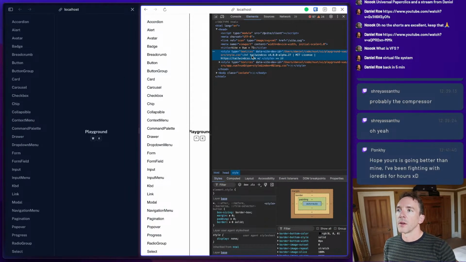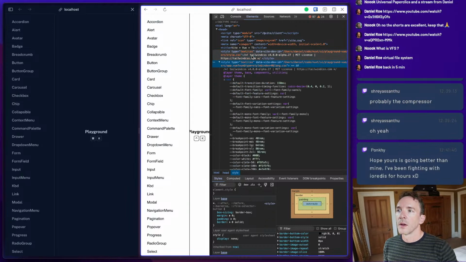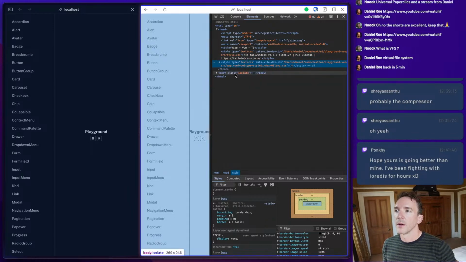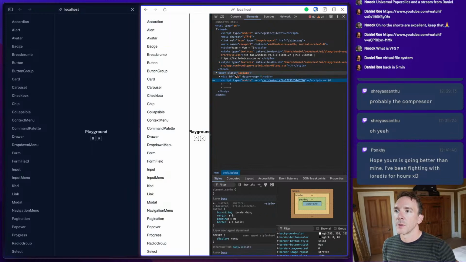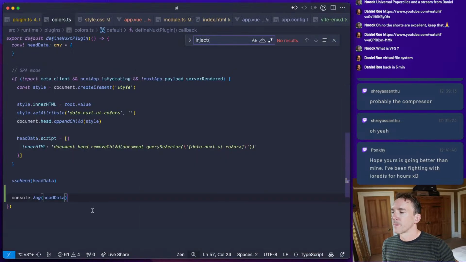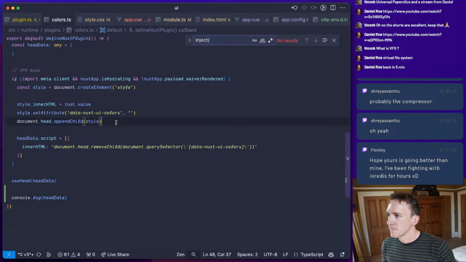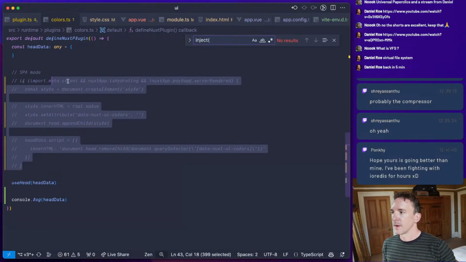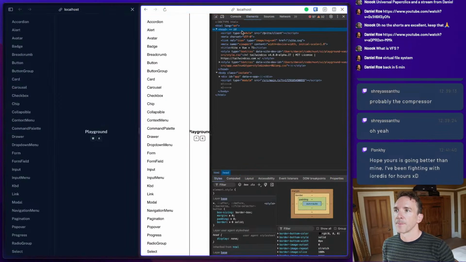Why would it not? Because that's being added by Vite. But I would expect there to be a style added. Let's just comment this out and see if anything is added.